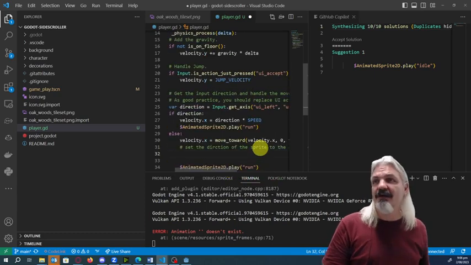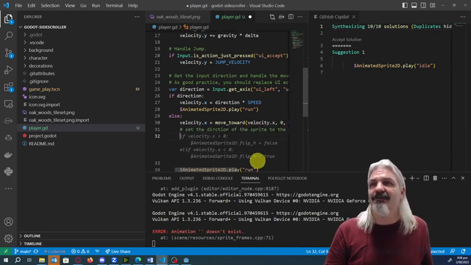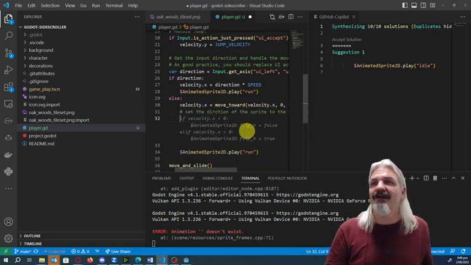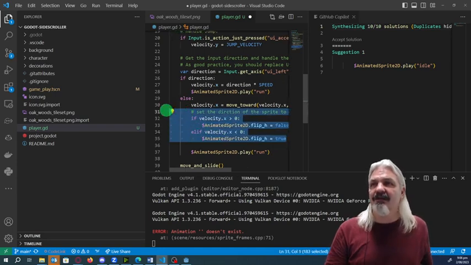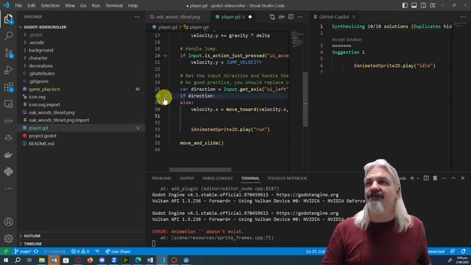That sounds good. Now it should give me, haha, if velocity is that, flip H, otherwise not flip H. So that's what I needed to do, and actually if I just grab that and go X after direction,